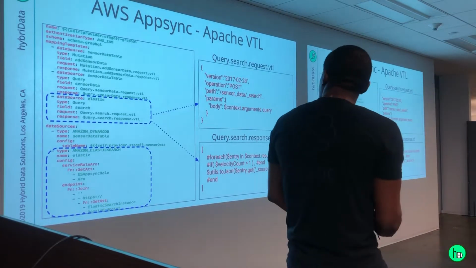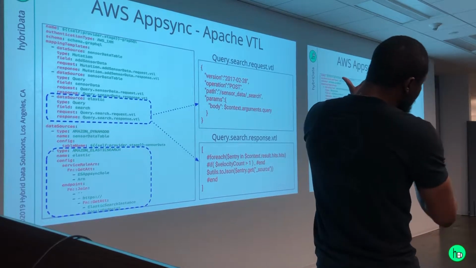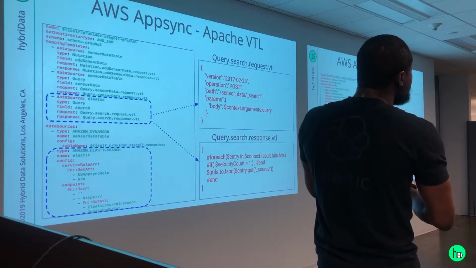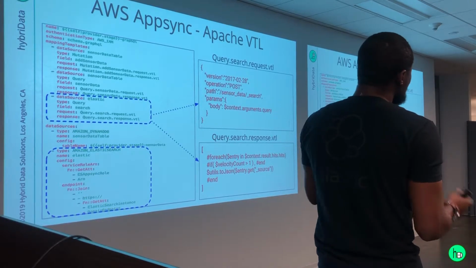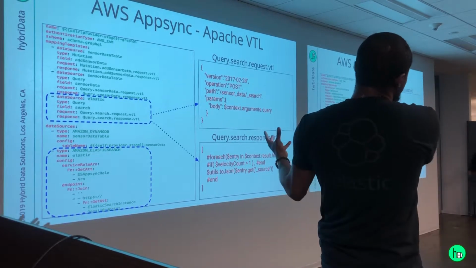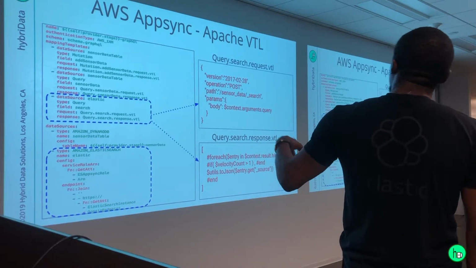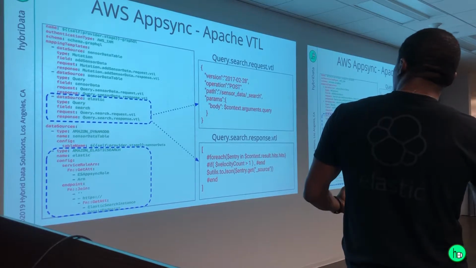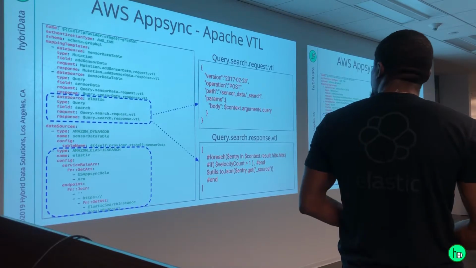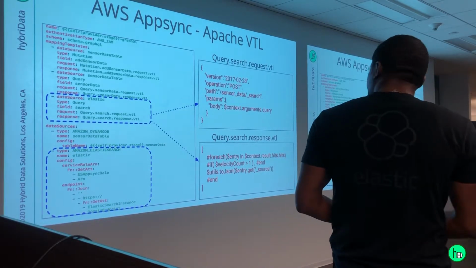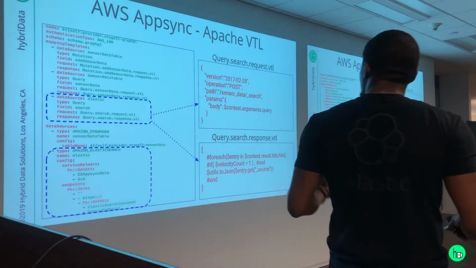So once that is set up, I showed the schema, the mutations, the subscriptions. Now the resolvers. The resolvers are very important because that's what fuses your request and your response calls. That's where the resolver handles it for you. So this is giving you a feel of us defining the different data sources. Some of the data was in a DynamoDB instance, and we had data in an Elasticsearch instance too. So we had to define those different data sources. Then write